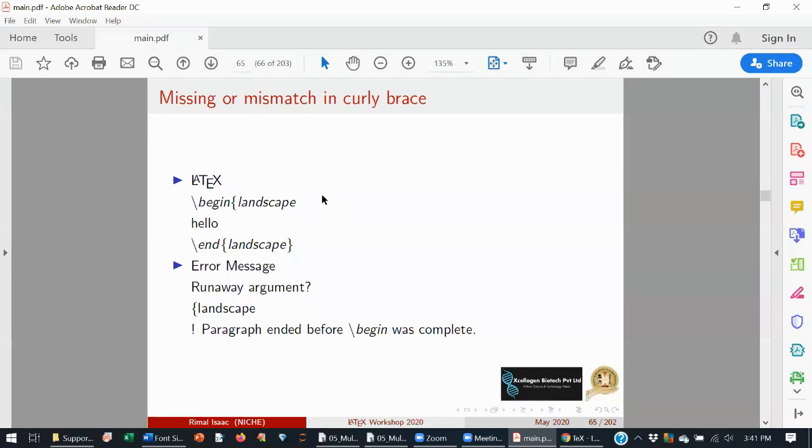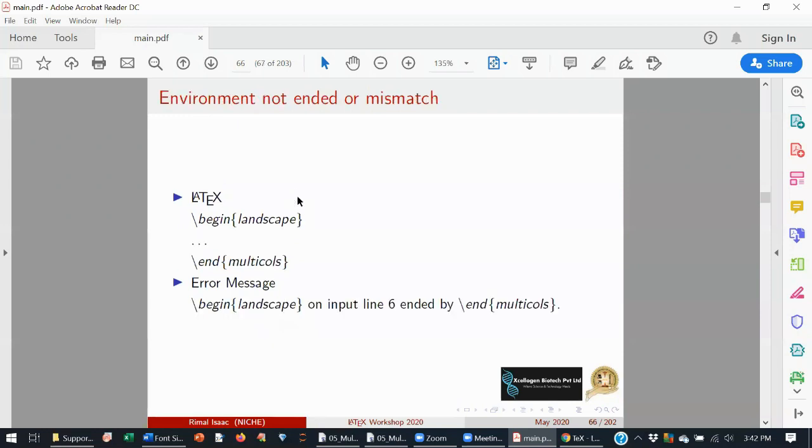Then another person types \begin, opens the curly bracket and puts landscape, but does not close the bracket, so it will give an error: paragraph ended before \begin was complete. So if you put an open curly bracket, it should end with a close curly bracket. This is very, very important when you are creating a LaTeX document.